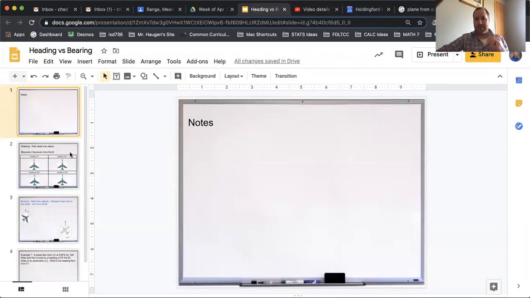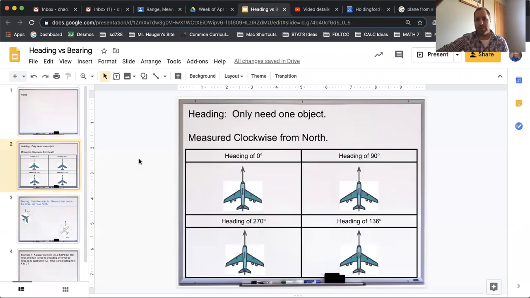We're going to talk about two main ones here today, and that's going to be your heading and your bearing. They have very similar meanings, but they're slightly different. And sometimes when I'm talking or going over stuff, I switch the two around a lot, but I'm going to try and describe to you what the difference between those are. So the first one, your heading, you actually only need one object to describe something's heading. Okay, so something's heading is measured from